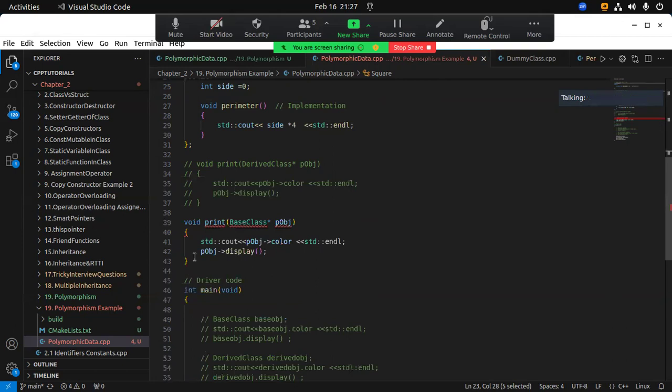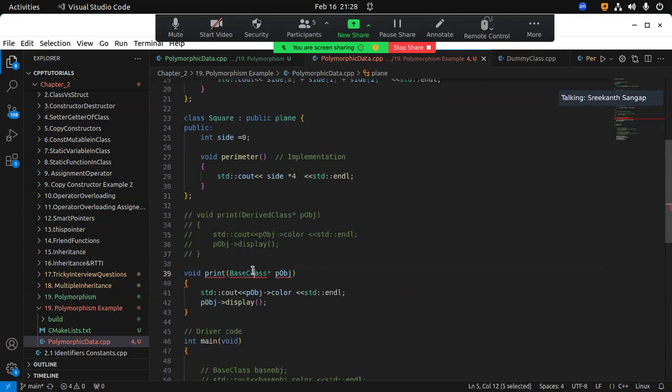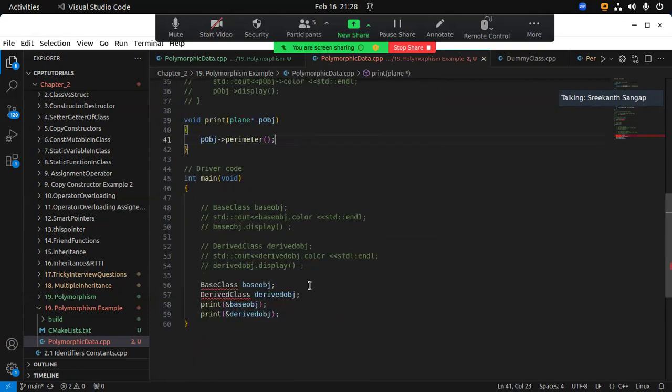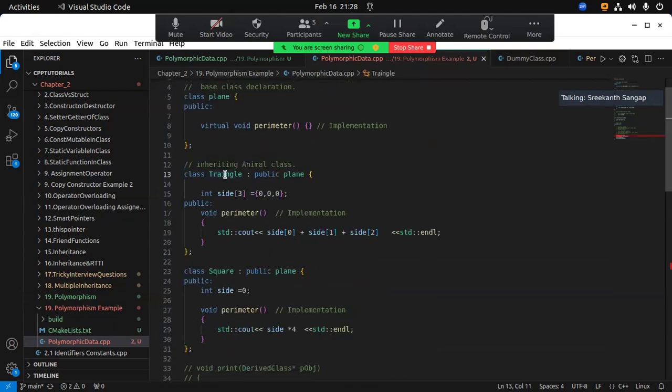Okay, now let's write this. We'll not need this. What we need is just the perimeter. You just need to calculate the perimeter and just print it. Now what objects do we need to create? A triangle, or